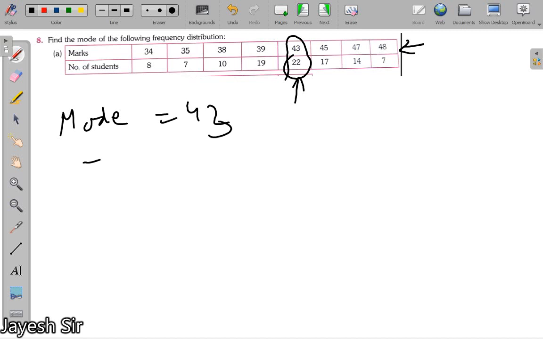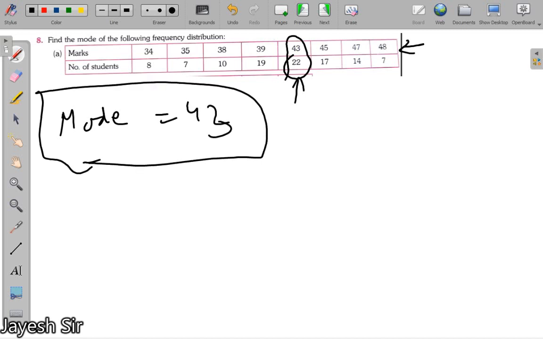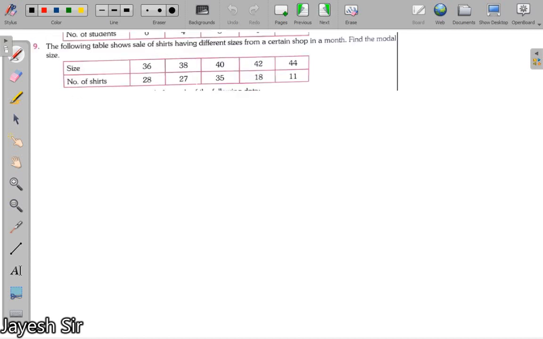इसी तरह से इसका सेकेंड टेबल है, बी पार्ट है, वो खुद से करके देखिएगा. चेक योर आंसर. What you have to determine, ये जो सेकेंड कॉलम रो है, this is called the row for frequency. आपको सबसे ज़्यादा फ्रीक्वेंसी वाला नंबर बताना है. सबसे ज़्यादा फ्रीक्वेंसी है 22, इसका वाला नंबर है 43. सो वो हमारा मोड हो जाएगा. क्वाइट ईजी. ट्राई टू डू इस क्वेश्चन नंबर 8 सेकेंड पार्ट इन योर होमवर्क कॉपी.